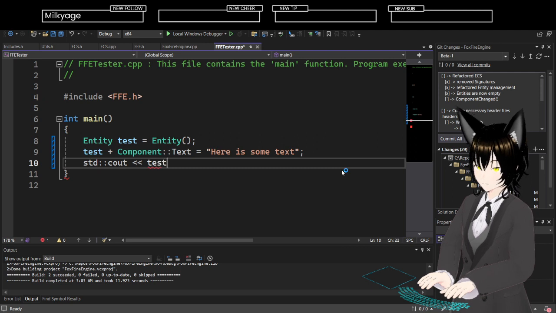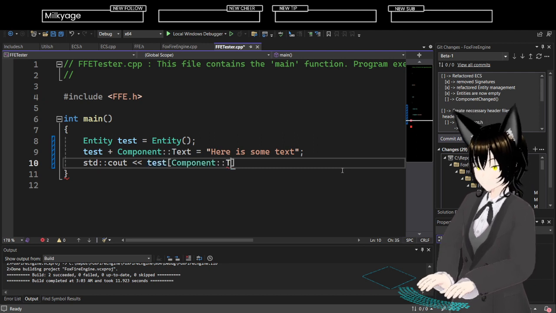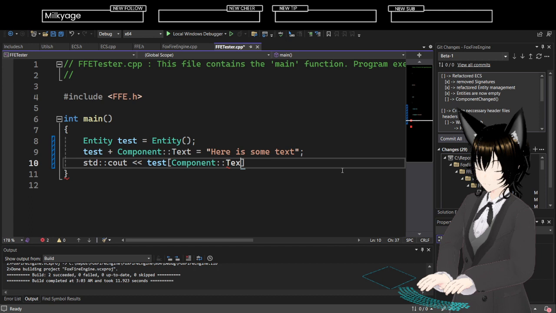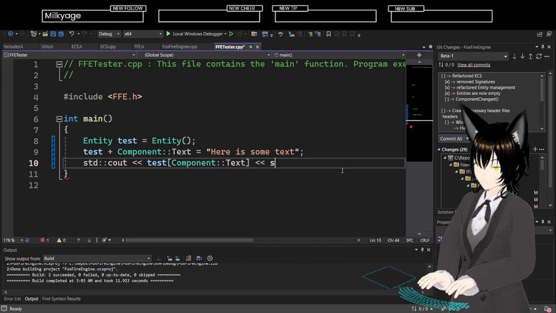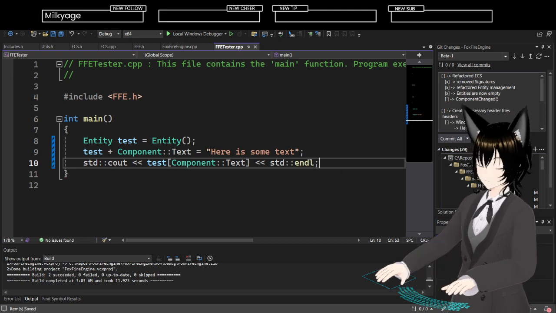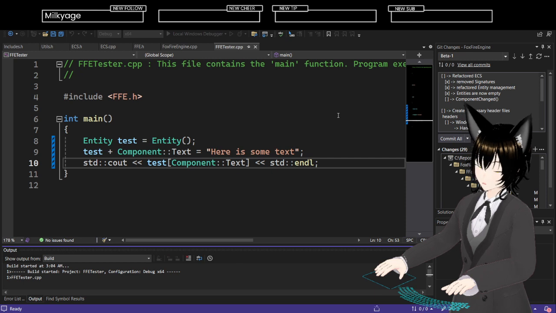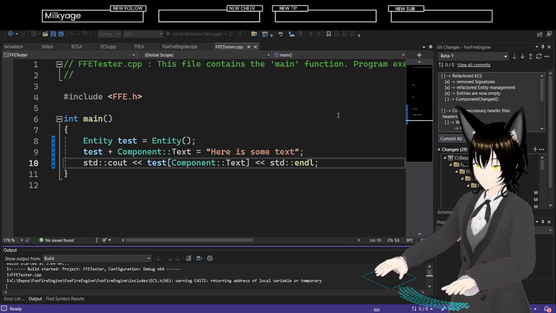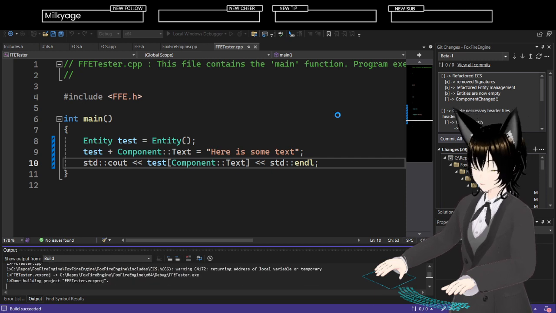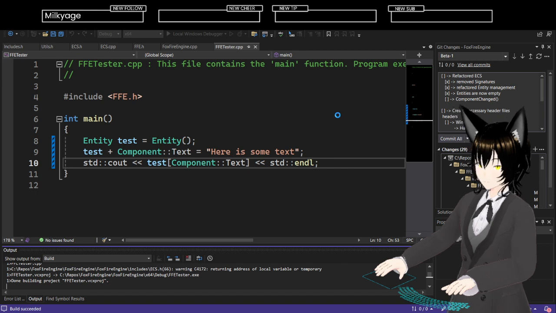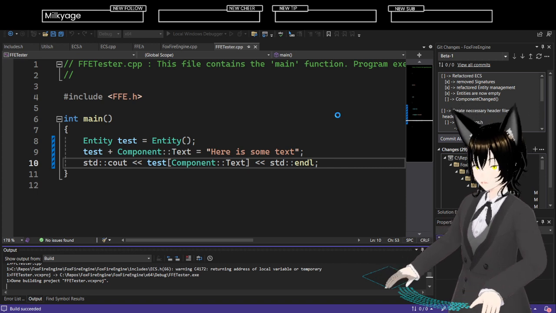test at components text std endl, so I should be able to compile, build and run in debug mode, and I should get no errors. Should work just fine.